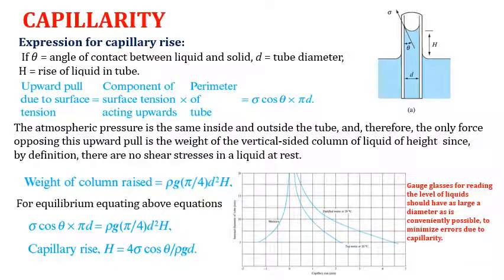So let's write the expression for capillary rise, where theta is the contact angle between the liquid and solid. As we know, we will have surface tension, which will be tangential to this concave meniscus. Had it been vertical, the surface tension would be normal to it, but now as it is concave, surface tension will be tangential to it. So the angle of the surface tension with the vertical side of the tube is theta, and we need to find out the vertical component of the surface tension, so that we can compute the vertical pull because of this surface tension.